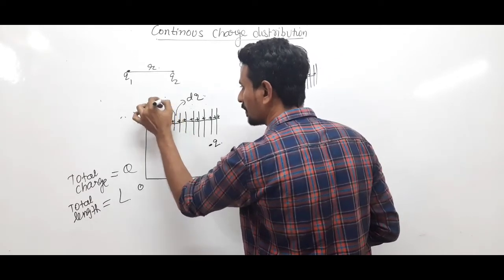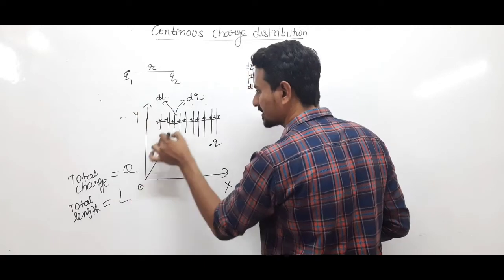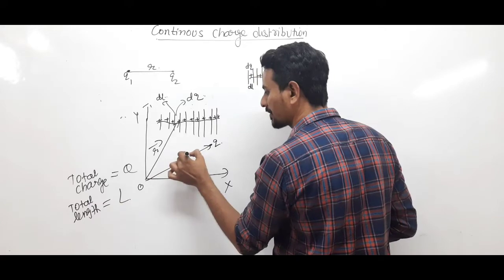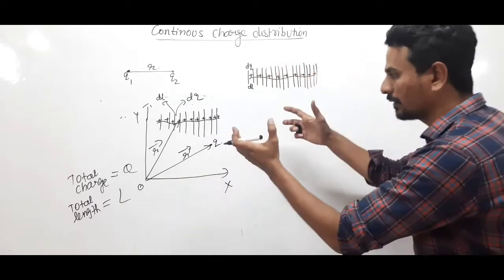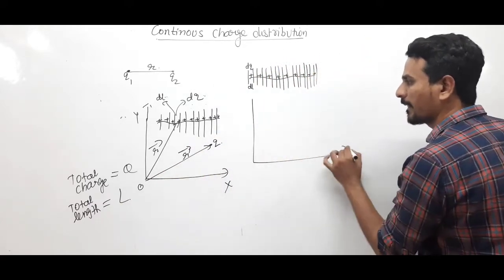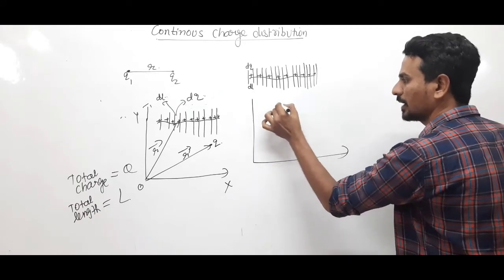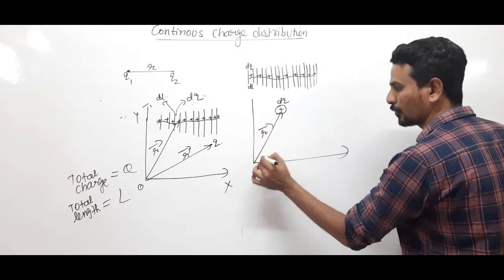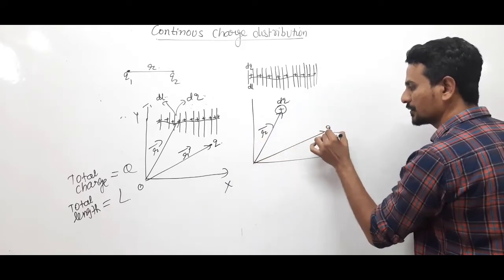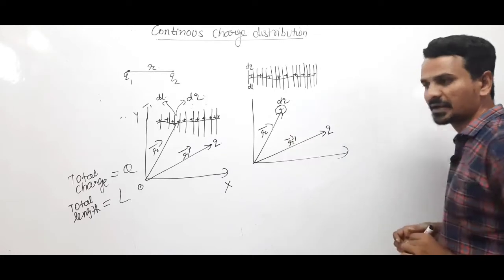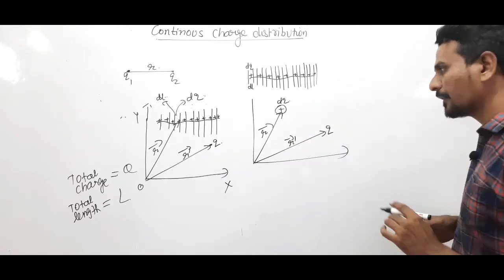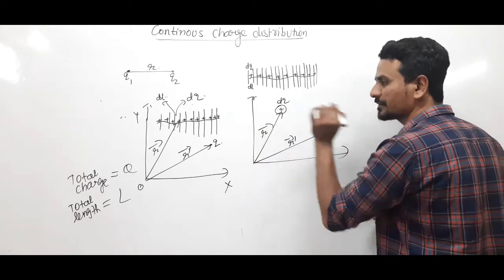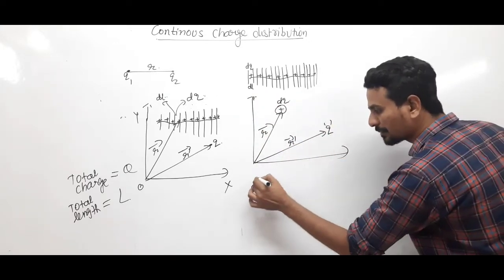dq, let us say the position vector of this charge is say r, and this is say r dash. Okay, so the picture is this way. This is a charge dq, right? The position of this charge is r, position vector. This is charge q, it is having a position vector r dash, right? So first we'll just calculate what is the force acting on this charge q because of this dq. So this can be given by Coulomb's law.